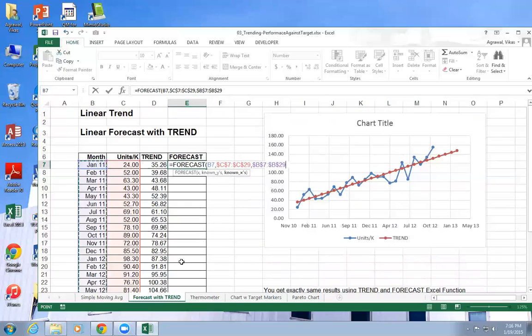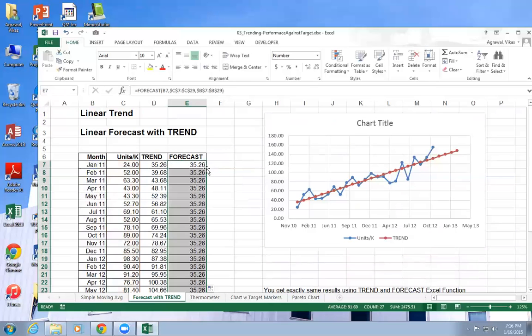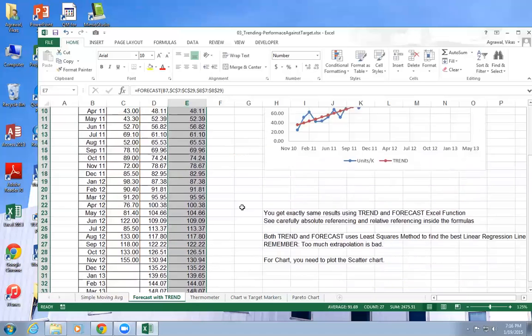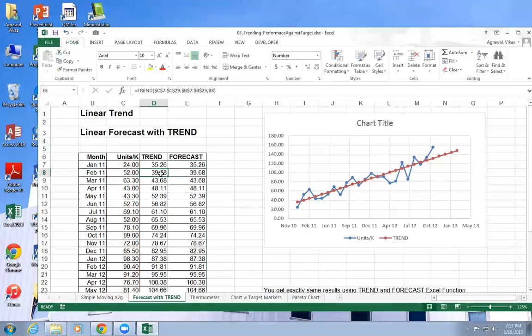Okay, press F4, right? And you are getting exactly the same answer. Okay. It's doing the same thing, except in reverse. Yes. Yeah, exactly. The input parameters are a little different. If you do a Google search, they might tell you subtle differences, but just different ways of doing the same thing, I would say.